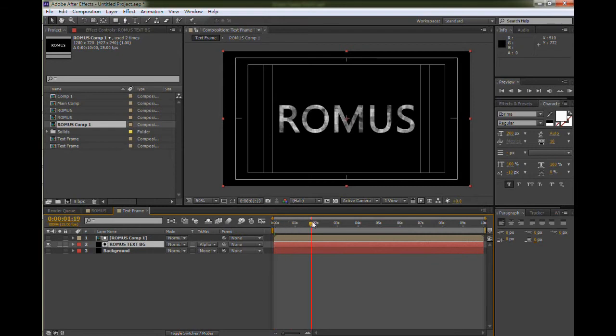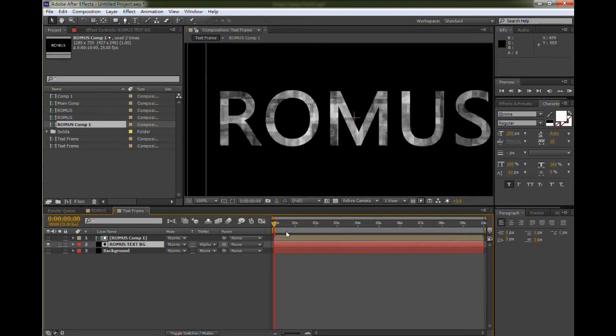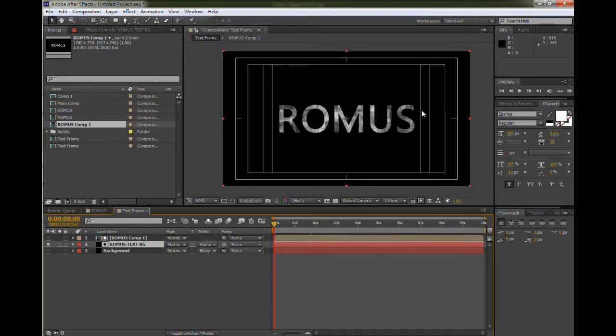Now you can see it's very beautiful, and the black and the animation still exist inside the background, and you can still see the animation inside of the text frame, which is very cool and which is exactly what we wanted. As you can see, play this, wow, really nice. Okay, so